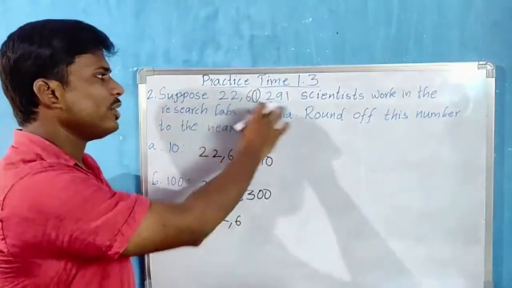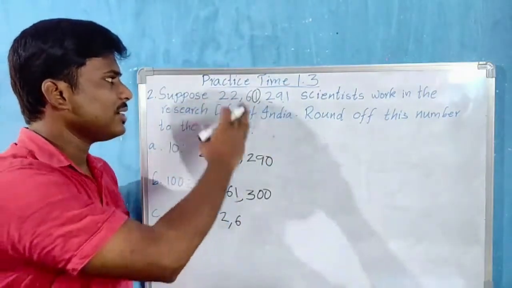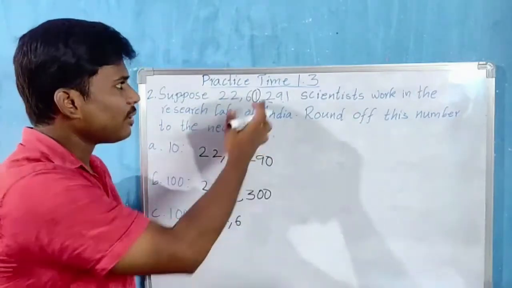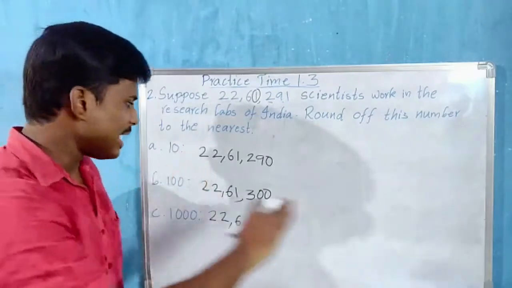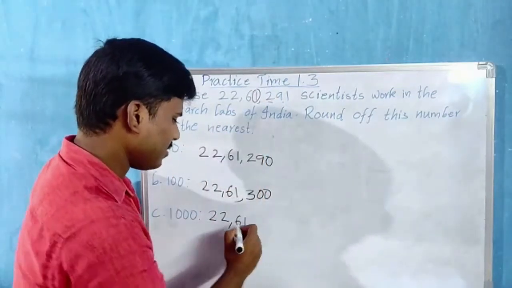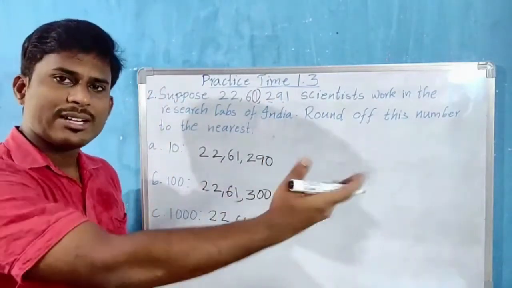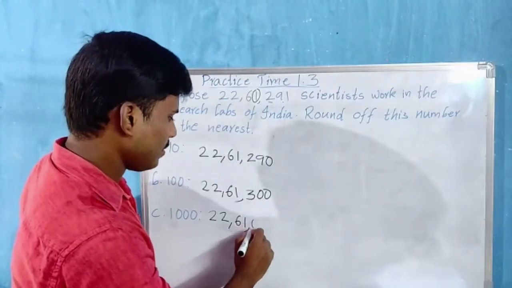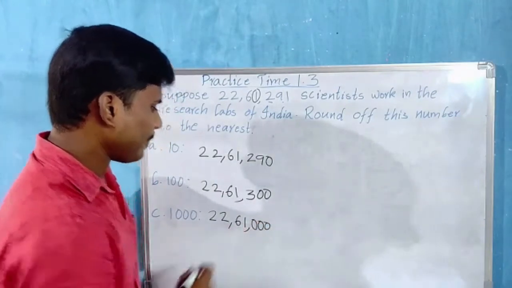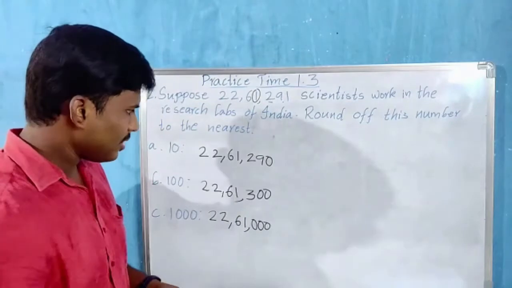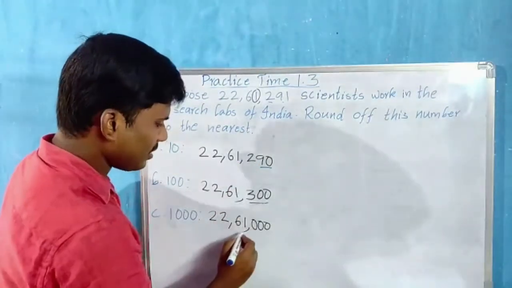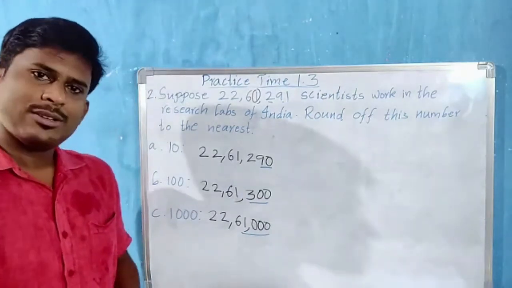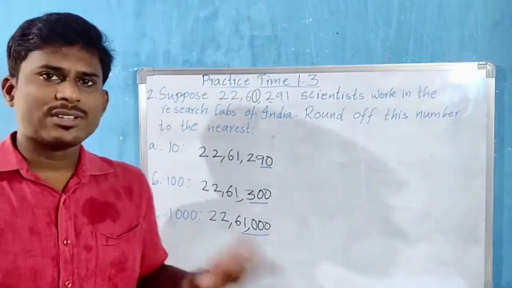Okay. Now when you see the number, the rounding digit is 1. On the immediate right side we have 2. 1 to 4, slide on the floor. So we write the same digit, and on all the right side places we have to insert zeros. Like that we are rounding down. This is rounding to the nearest tens, hundreds, thousands. Okay, now let us go for the next question.